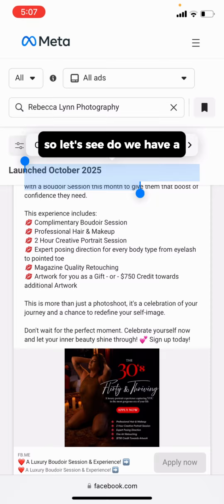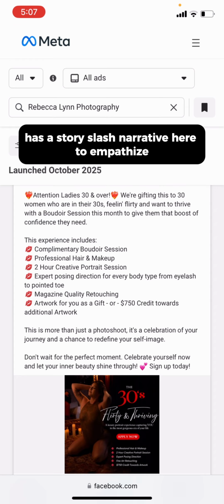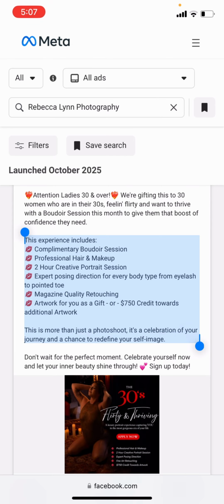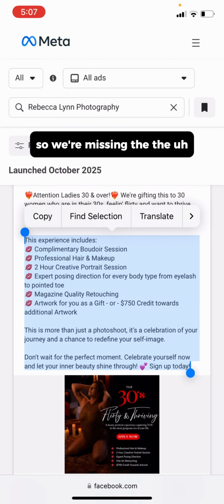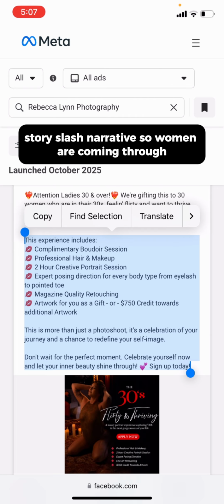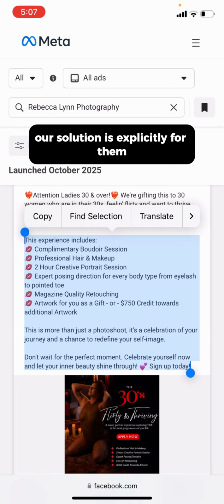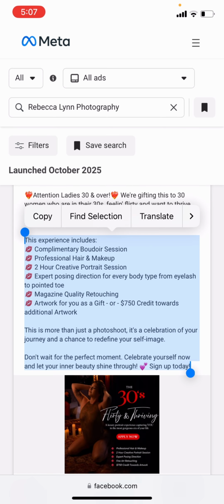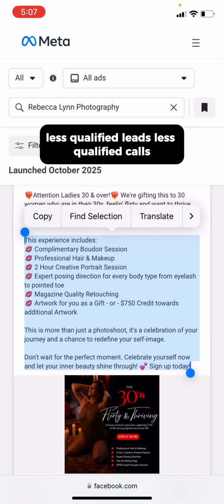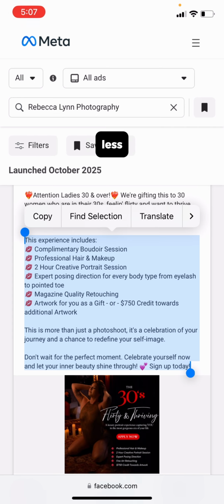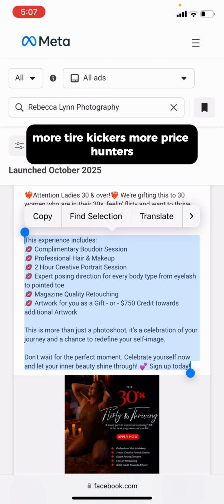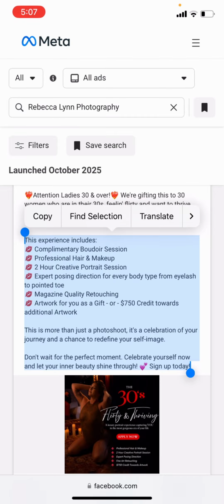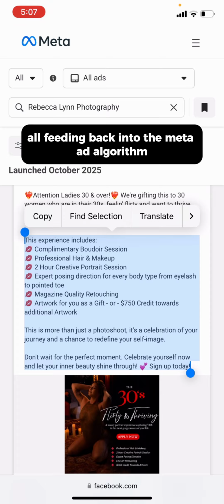So let's see, do we have a story/narrative here to empathize? No. All right, so we're missing the story/narrative. So women are coming through, they're feeling less like our solution is explicitly for them and explicitly for their situation. Therefore, again, less qualified women clicking through, less qualified leads, less qualified calls, less show-ups, more tire kickers, more price hunters, more objections, lower sales, lower revenue, lower ROAS, lower conversions, all feeding back into the Meta ad algorithm,